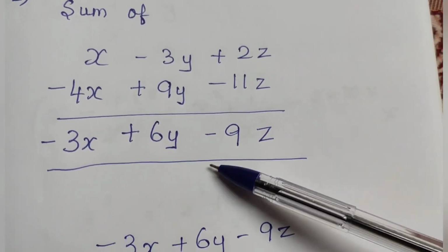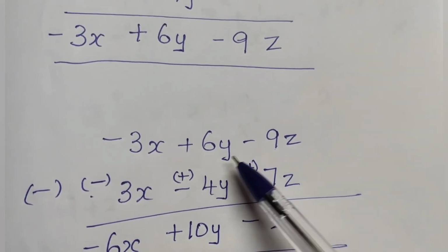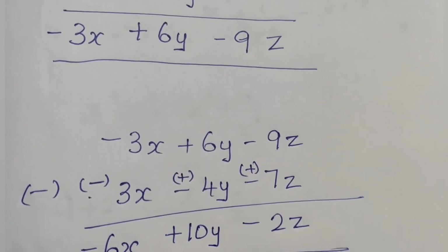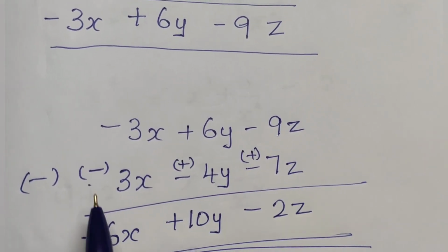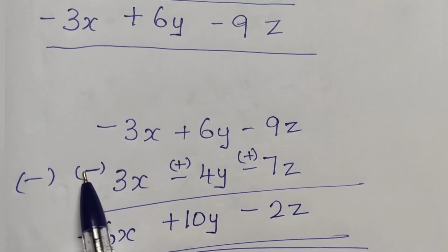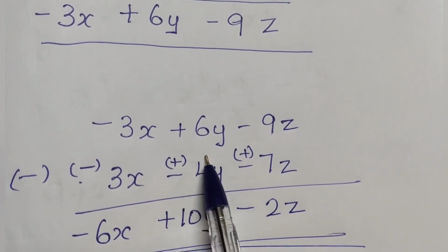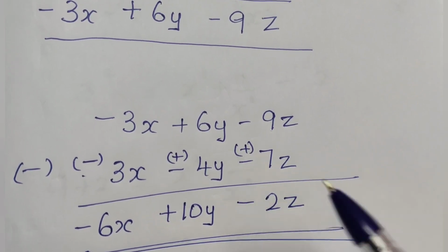From this sum, we shall subtract 3x minus 4y minus 7z. To subtract, change the symbol. Plus 3x becomes minus 3x. Minus 4y becomes plus 4y. Minus 7z becomes plus 7z. Now,